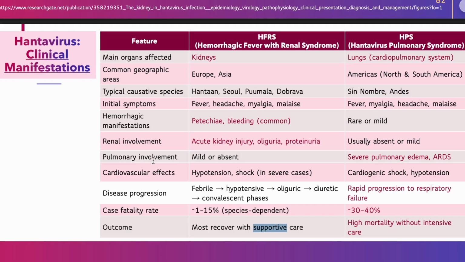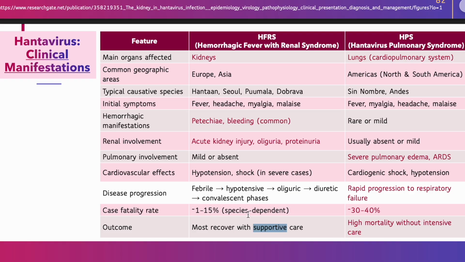And the pulmonary involvement is mild or absent, can affect with hypotension, and in severe cases can lead to shock in the patient. The progression of the disease goes from the febrile, hypotensive, oliguric, diuretic, and convalescent phase. As you know, most patients recover with supportive care, so the case fatality rate is not so high. It's 1 to 15%,